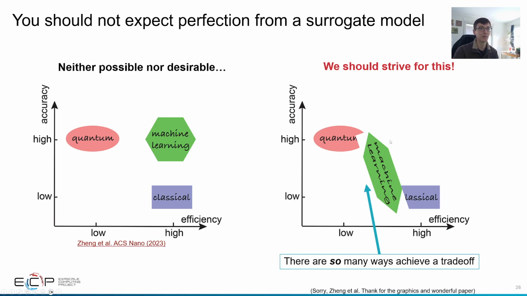But instead, if we think about the fact that we'll never achieve these endpoints, we could envision instead that machine learning models give us many different ways of bridging the gap between these two. And as we'll discuss towards the end of this section, that could allow us to do many impactful things in improving computational science. And as I alluded to, there's not just one way of being able to build this bridge